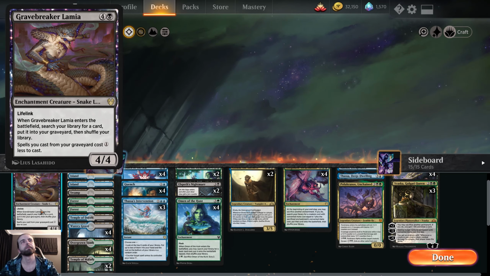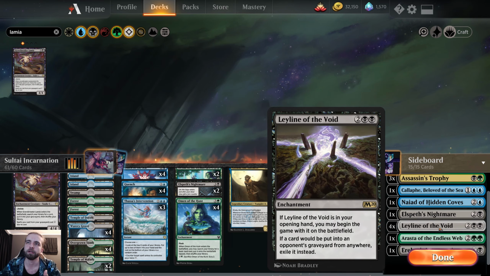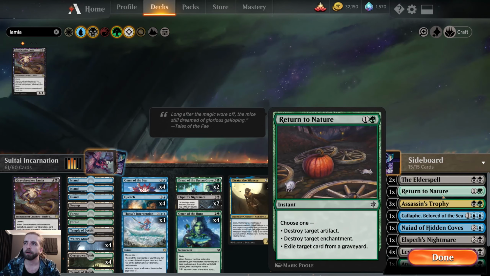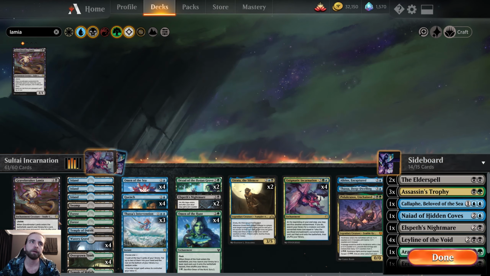Yeah, here's a card which I think will see quite a bit of play for being a 4/4 with lifelink. That's, to me, the most attractive quality about this, where this is something that you can actually tutor out. Even if you're not doing the Reanimator strategy, you're able to get this out and brick wall an aggressive strategy. They at least have to cough up some decent removal to get rid of Gravebreaker Lamia. So I think for this you could free up something like an Elder Spell or Return of Nature here. And